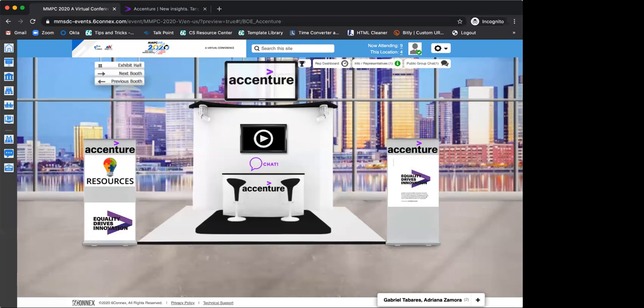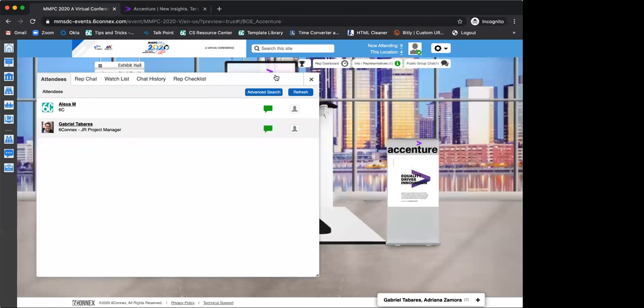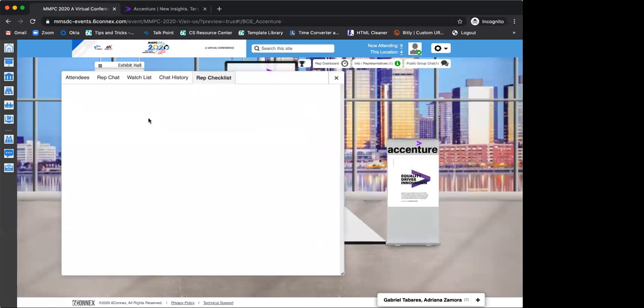And I think the answer is, well, you need to. I guess I don't understand the question. Will we have access to set up the rep checklist? Yeah, they're not going to have access to get into this rep checklist. They have the option to add frequently asked questions or things that they want to say to their reps. They directly are not going to have access to it, but I don't know if they should send it to you, Tamika, or to the team, so you can add it in here.